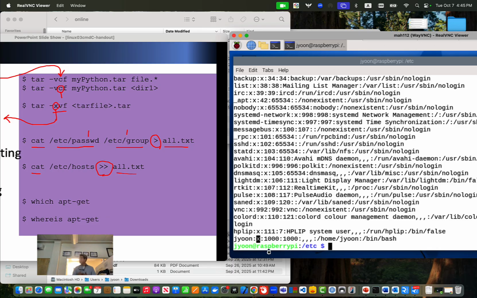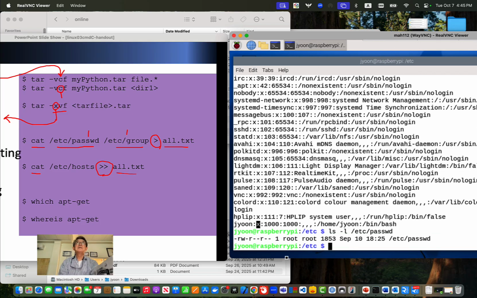Someone may ask, if it is the case, then why don't we put it secret so no one can read it? Then we still put the password there, but we don't really do it. Anyone knows why? That password file is open to public. If you want to see that, then you can see ls etc and password, then you can see